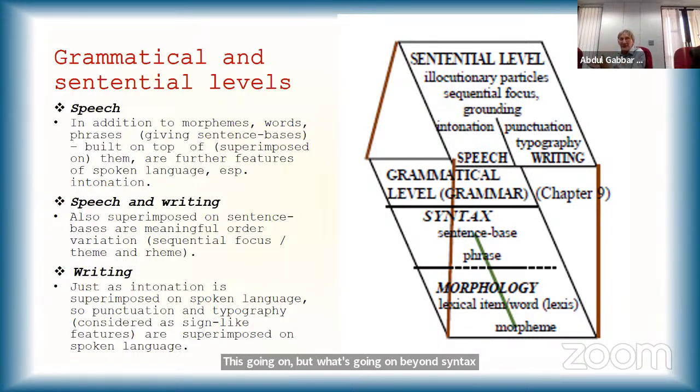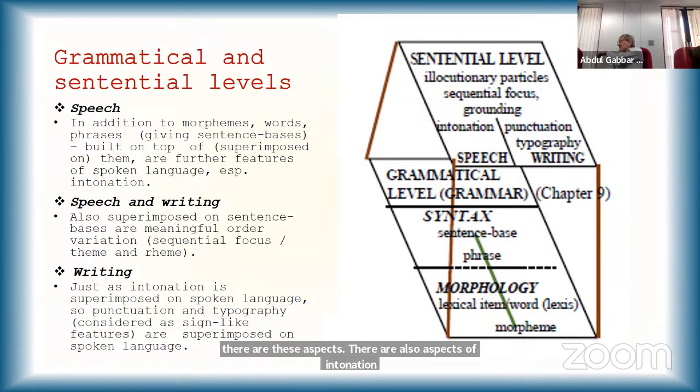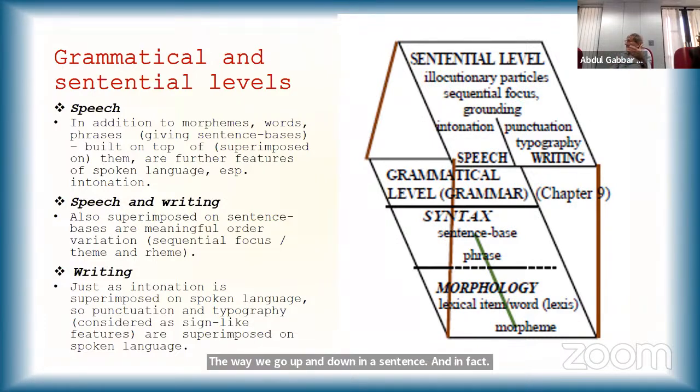So there are these aspects. There are also aspects of intonation, the way we go up and down in a sentence. And in fact, in English and in Arabic, normally to finish a sentence, you go down at the end. And if you want to carry on, you don't go down, you go up, and then people know you're going to carry on. So actually, to define a sentence, you need to think about, is there a so-called sentential intonation structure? And therefore, to get a sentence in the full sense,